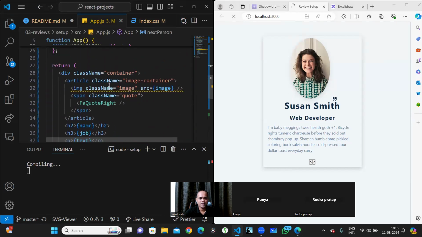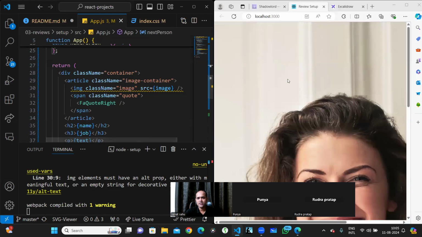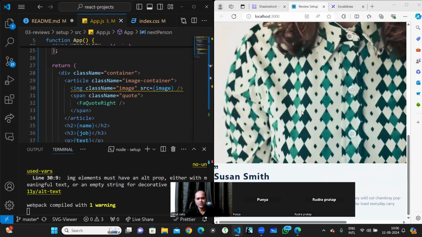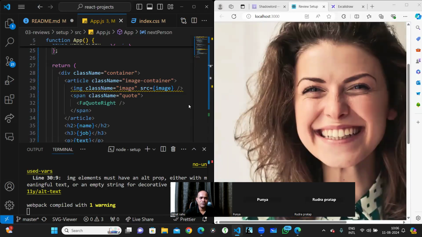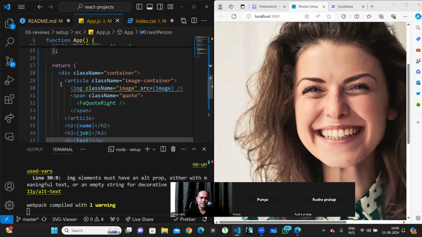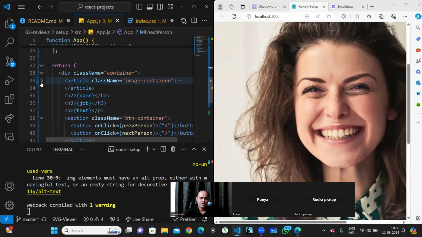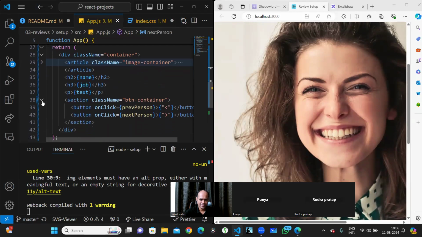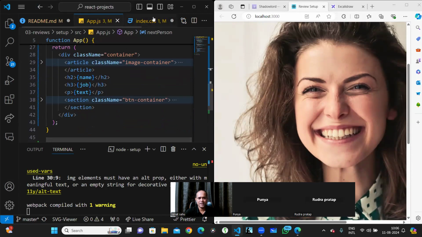in the HTML portion? First of all, there is a container, so it will look so bad. This image has become larger and all these things are there, right? So we have to write the container first, right? So let me write the container. The container will contain everything, right? So inside the container, I'm having this article, which is nothing but the image container, and this particular section is there. But simply, I have to create a container for the entire application in that case,